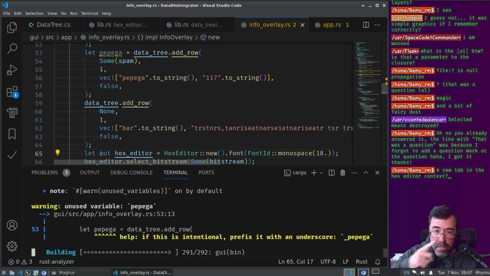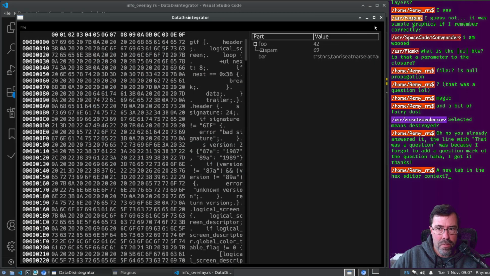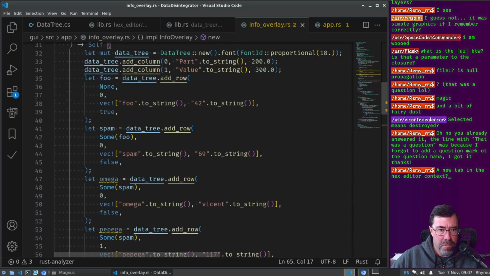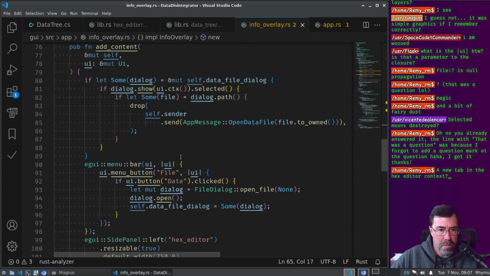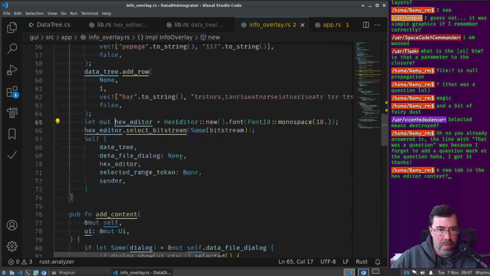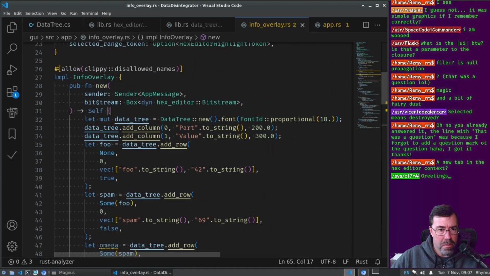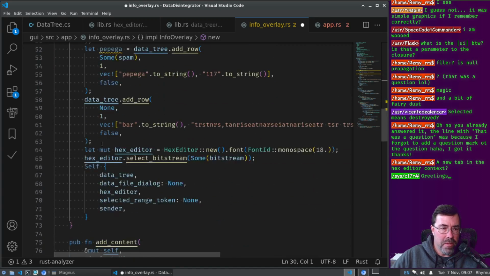Then I just do select bitstream in the correct place. Okay, so that worked. So then we're going to move this to do. Where was it? Where did I put it? Oh, this new moves out. So that actually needs to be another method of